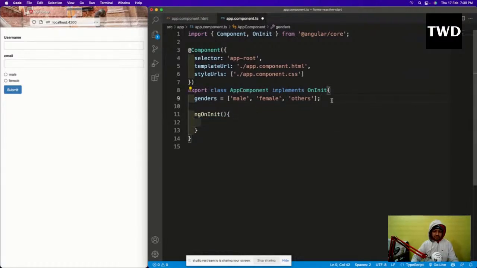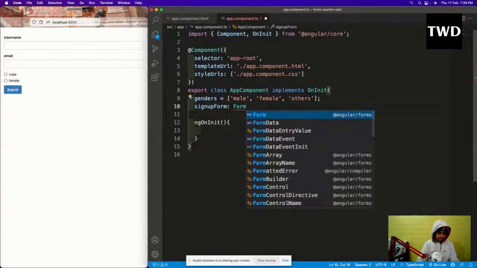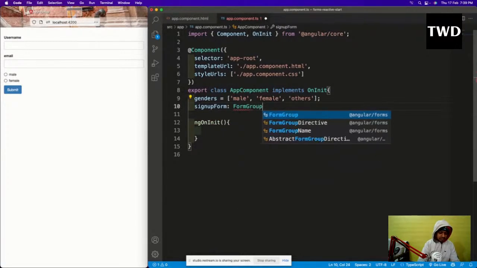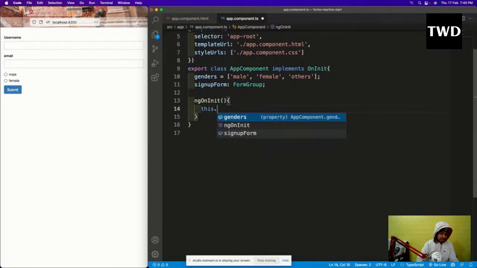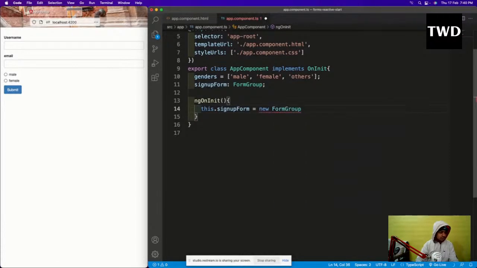For the form, what we need to do here: signUpForm is a FormGroup. FormGroup is something which you have to bring from Angular, so that we have brought it from Angular. As you can check, this.signUpForm is equal to new FormGroup,